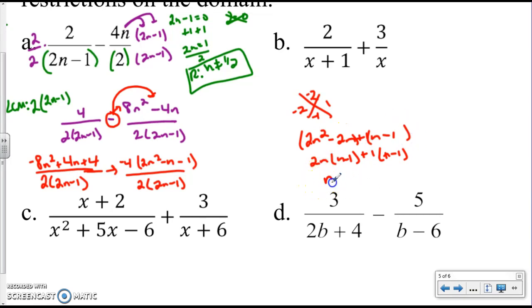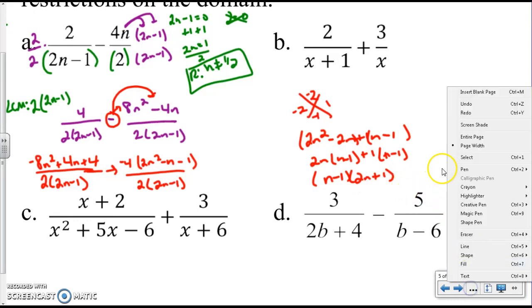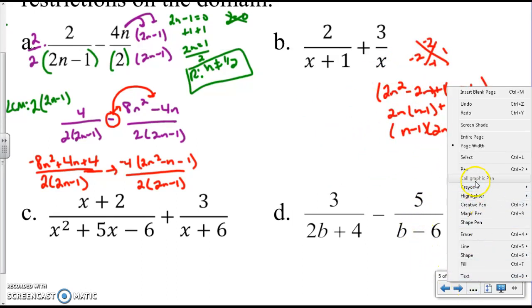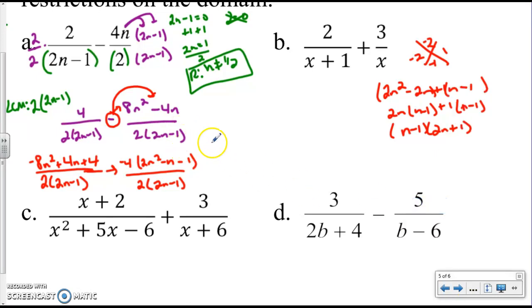Okay, so I end up with n minus 1 and 2n plus 1 on top. Let me go ahead and move this. Okay, so I end up with negative 4 times n minus 1 times 2n plus 1 over 2 times 2n